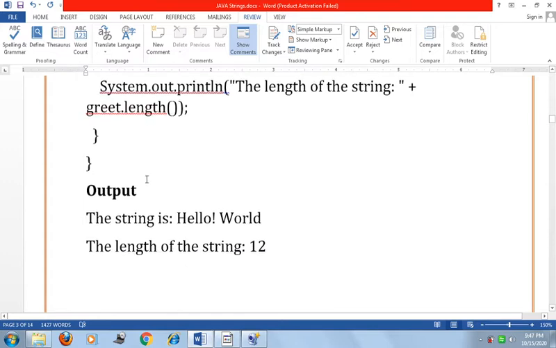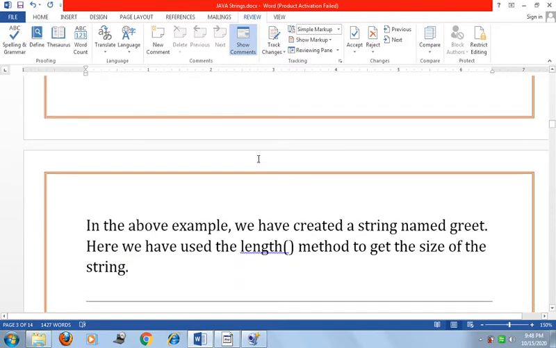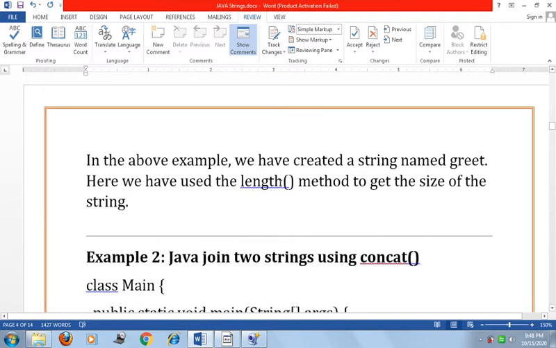When you compile this program, it shows the output: The string is Hello World. The length of the string is 12, because the blank space is also considered in the length of the string. So the total size of this string is 12. In this example we have created a string named greet, and used the length method to get the size of the string.